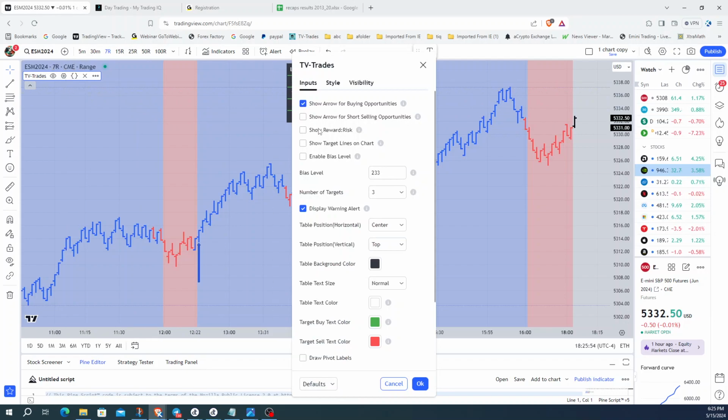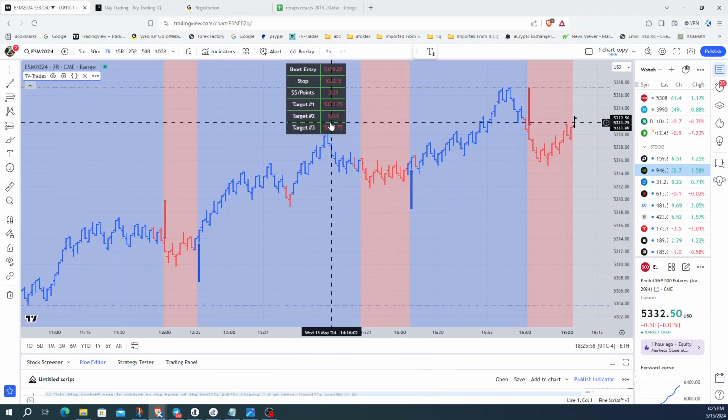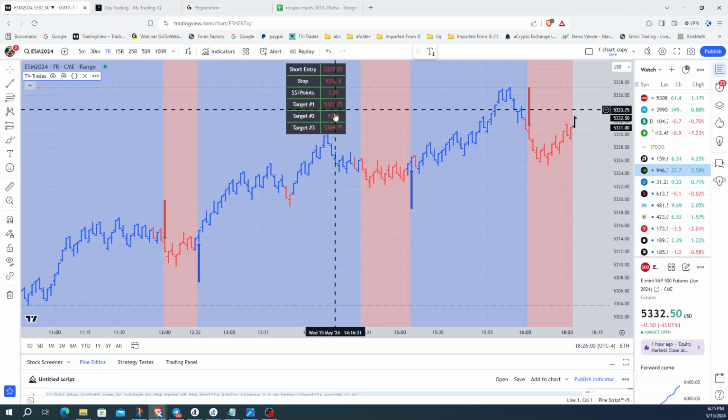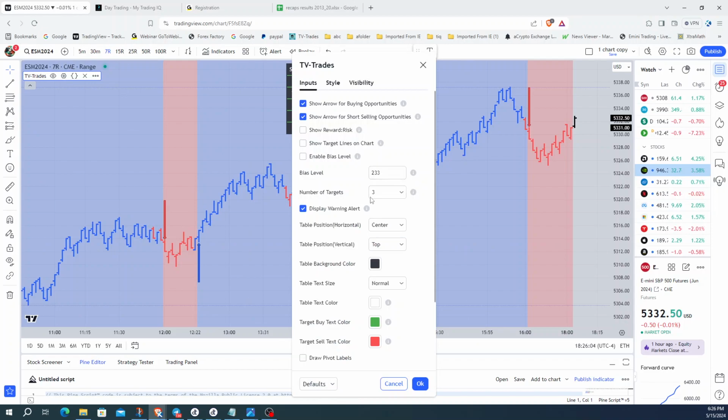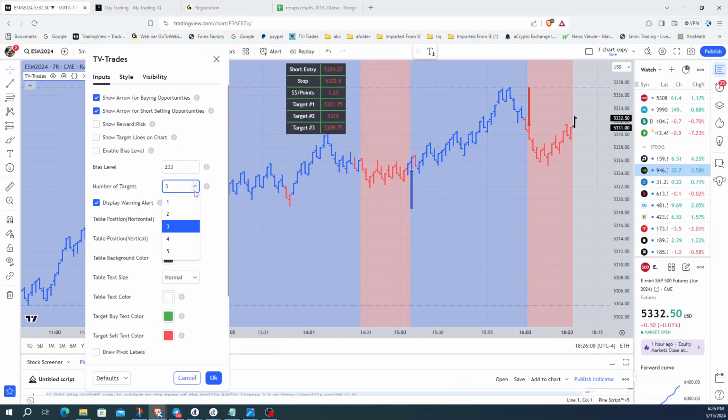But let's just put the shorts on so you can see more what I'm talking about, okay? The shorts have plenty of targets on the downside. By default, you're going to have 3 targets when you turn the indicator on. You can bump that up if you want to 5, and you can have 5 targets, or you can bump it down to just 1 if you only want to